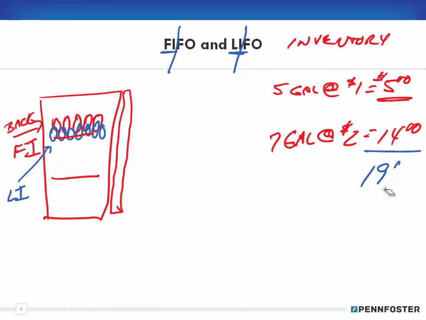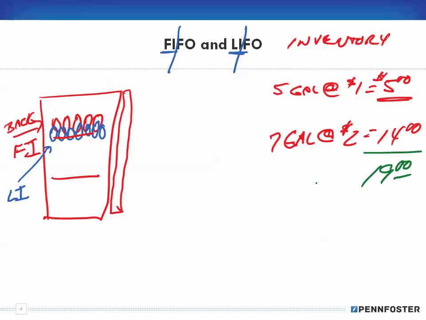So I wanted a green pen there. Sorry about that. I want the value of my milk is $19. Okay, now let's say I'm going to use the milk. Okay, now the question is,